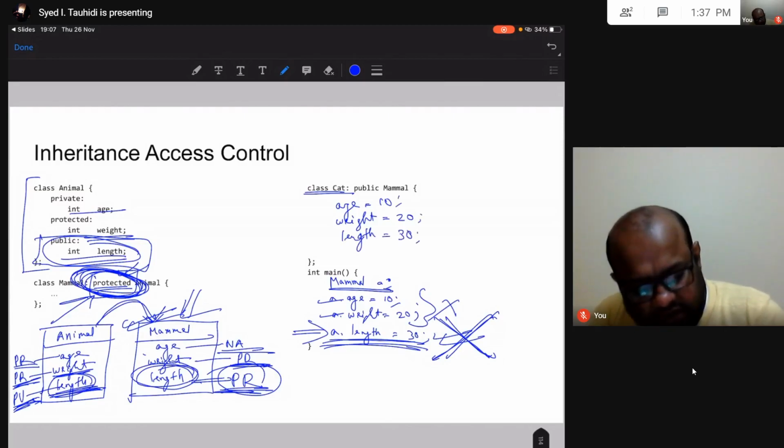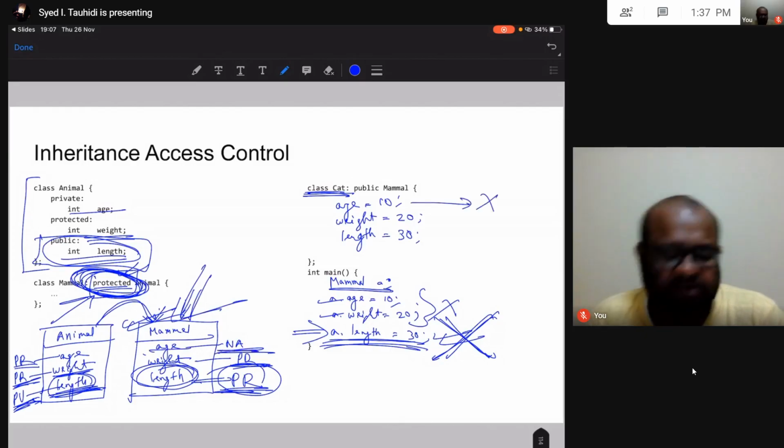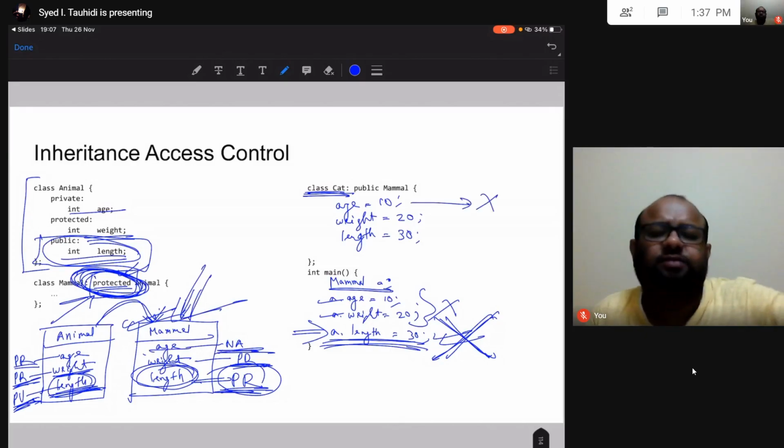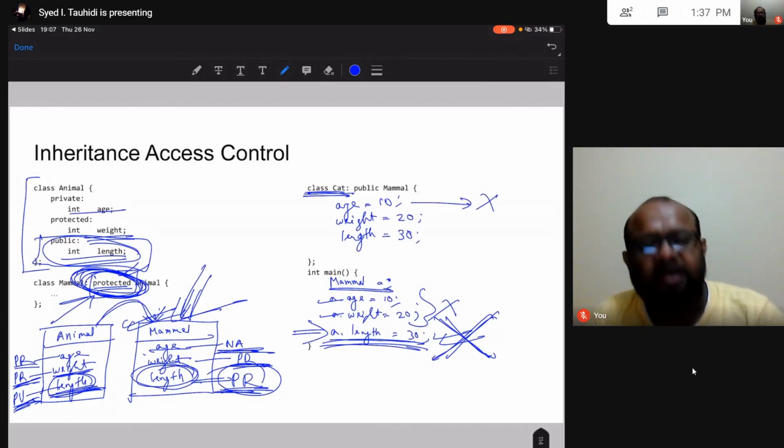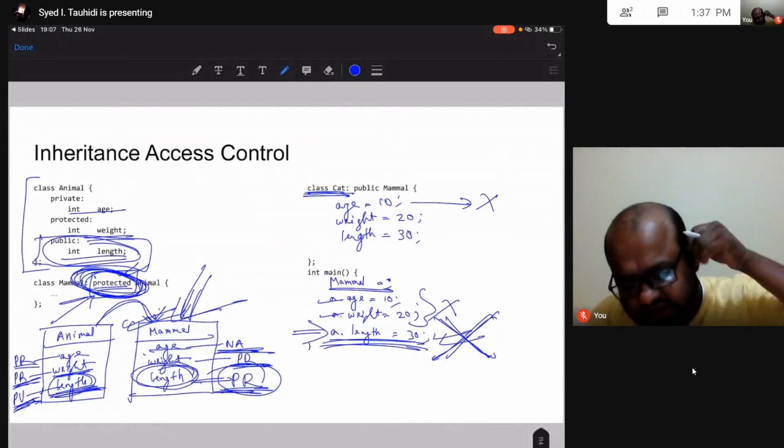Now, in the cat class I am inheriting from the mammal class, right? In the mammal class age is not accessible, so this is not accessible. In the mammal class it is not accessible, so how can I access it in the cat class? In my parent class it is not accessible, so how can I access it in my child class? So that is what I have.